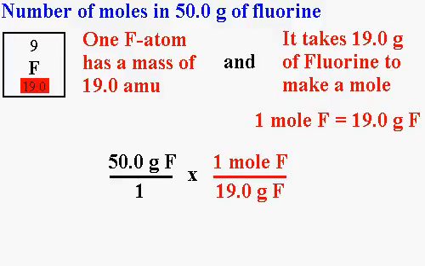That leaves 1 mole of fluorine on the top. All right, so my conversion is 50.0 grams of fluorine over 1 times 1 mole of fluorine over 19.0 grams of fluorine. When I do this, the grams of fluorine cancel, and that leaves moles of fluorine. So when I do the math, I find out that 50.0 grams of fluorine is the same as 2.63 moles